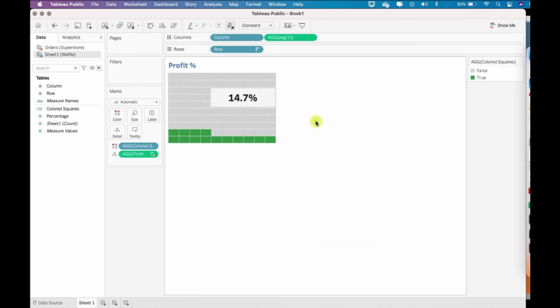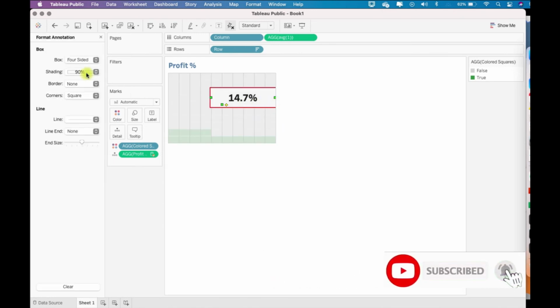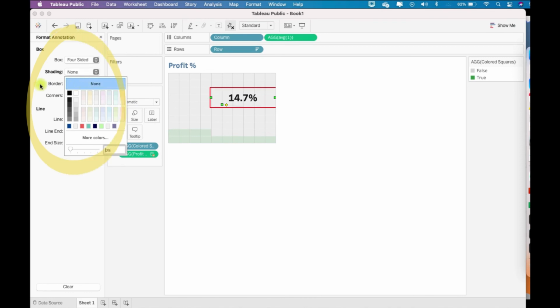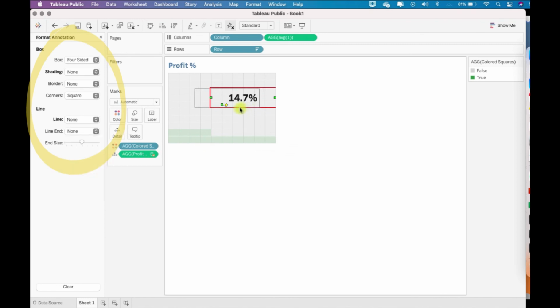Now you see, this is looking very distorted with the box, so I'll click here and go to format. I don't want shading, none, borders none, and line also none. Just drag this somewhere in the middle.